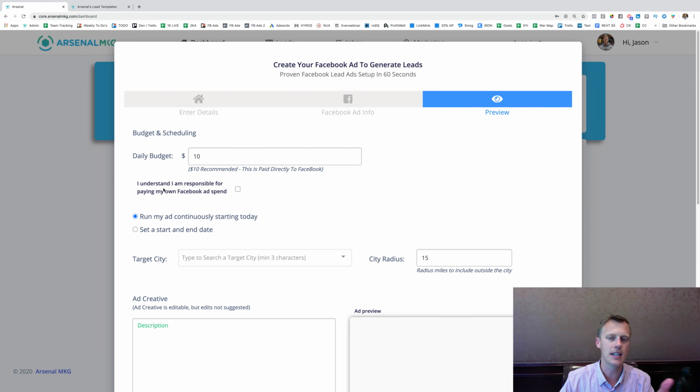Okay, then this is simple, just make sure you understand that you are the one paying for the Facebook advertising budget, not us. But we don't take any cut. This goes directly to Facebook. We integrate with their Facebook ads platform. And then we're going to run it continuously starting today. And then we're just going to enter